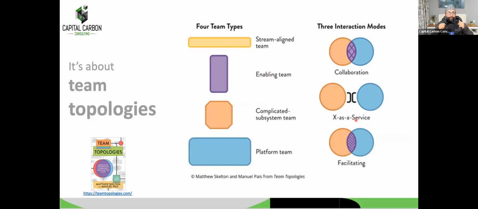It's also about team topologies. For example, you might have stream-aligned teams, which means one team doing UI, UX, the other one separately for mobile, and so on and so forth. You might have a centralized enabling team, which means maybe a central DevOps team, which is responsible for ensuring the pipeline and implementation across teams. You might have a complicated subsystem team, or you might be moving towards the area of a platform team, wherein